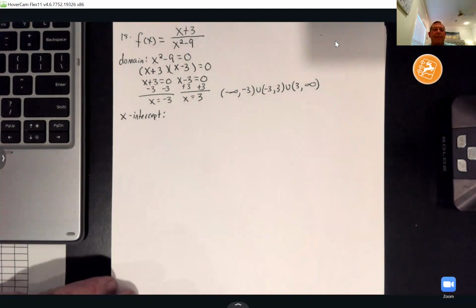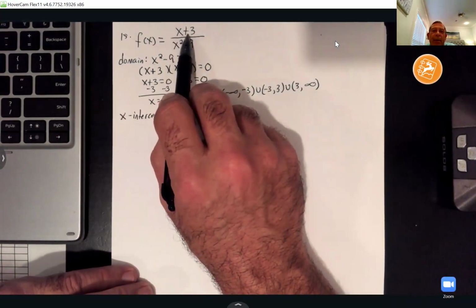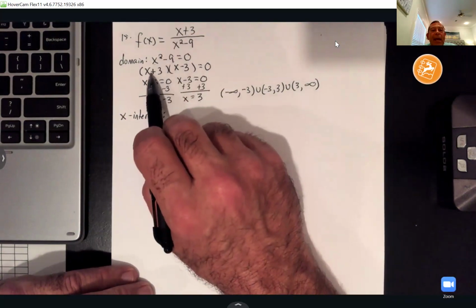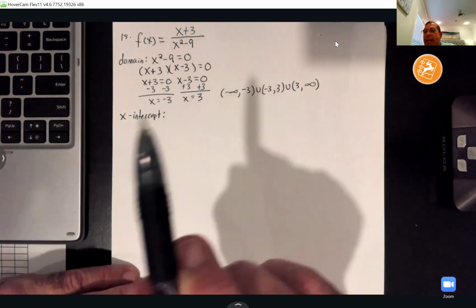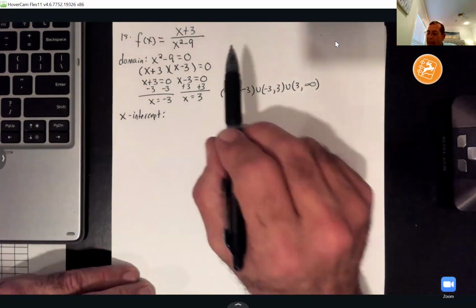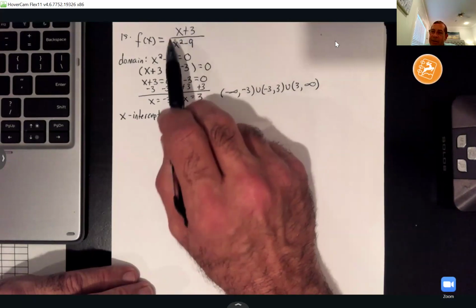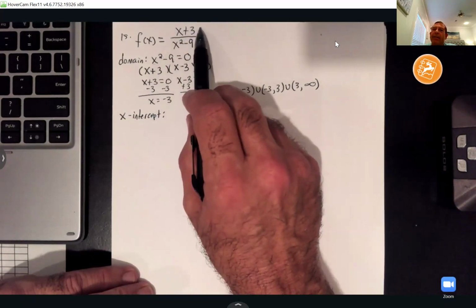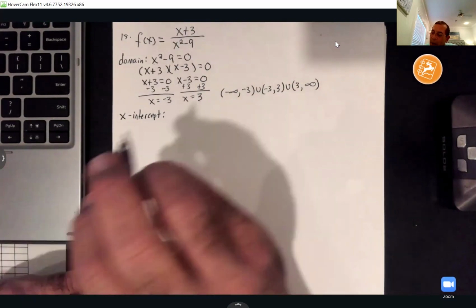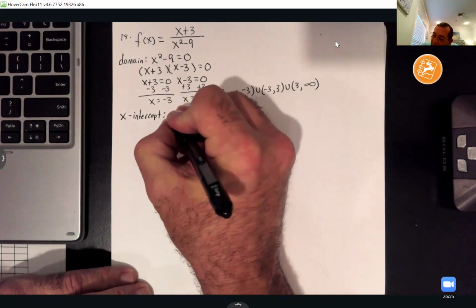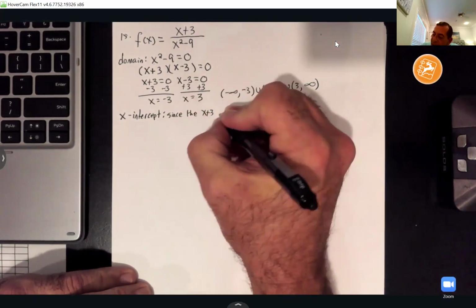But y'all check this out. You see how you got that x plus 3 on top? And we had an x plus 3 on the bottom. That cancels out vertical asymptotes. It also cancels out that x-intercept. Since the top factor matches one of the factors on the bottom, so since the x plus 3 factor on top